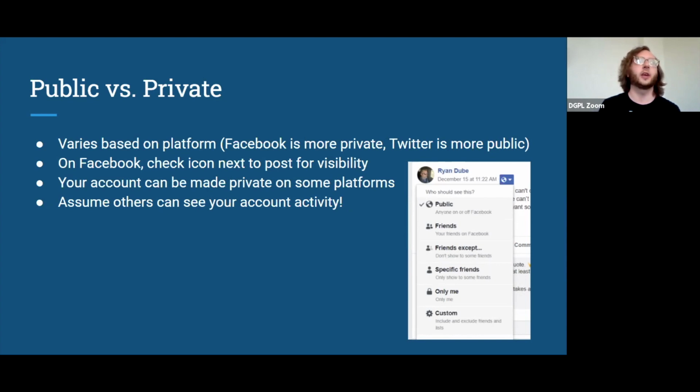Now, anybody who can see your account logged in on theirs, that means that if someone else were to gain access to that account by any means, they would also be able to see your account and your posts. So that's something to be aware of.